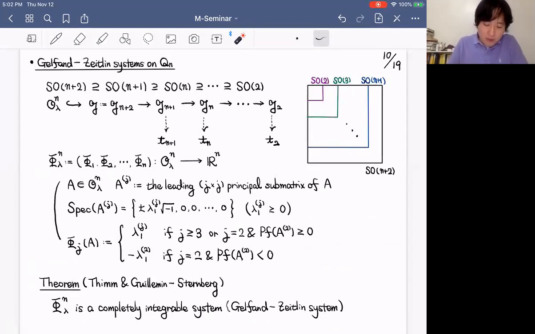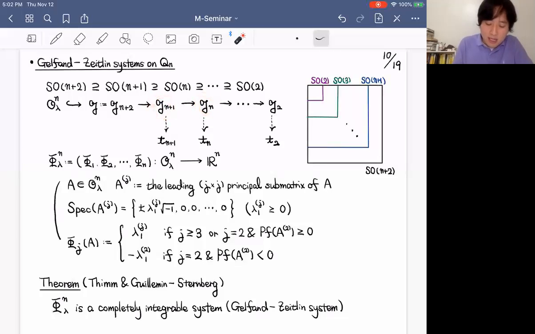Now I'm going to produce a Lagrangian fibration using the Gelfand-Zeitlin system. So let's apply the Thimm trick. I'm going to think about the closed subgroups of SO(n+2). So this is how the subgroups are embedded into the bigger spaces. And our coadjoint orbit can be embedded into the (n+2) by (n+2) skew symmetric matrices. And then we have the projection, and then projection, the projection. And then in the smaller